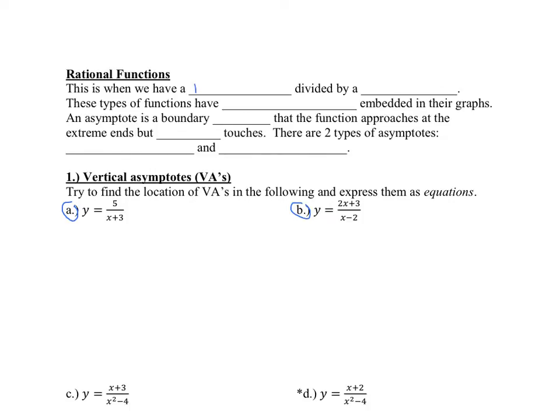So this is when we have a polynomial divided by a polynomial. Okay. These types of functions have asymptotes. They have asymptotes embedded in their graphs. Now, an asymptote is a boundary line that the function approaches at the extreme ends but never touches. Okay? We're going to use dotted lines to represent our asymptotes, and there's two kinds that we're going to look at: vertical and horizontal